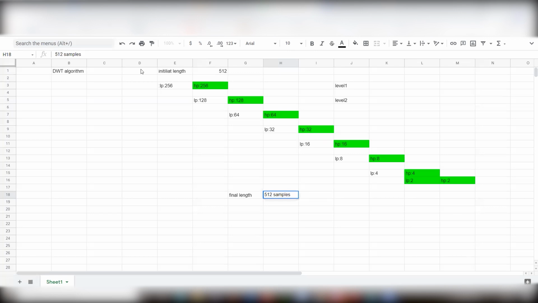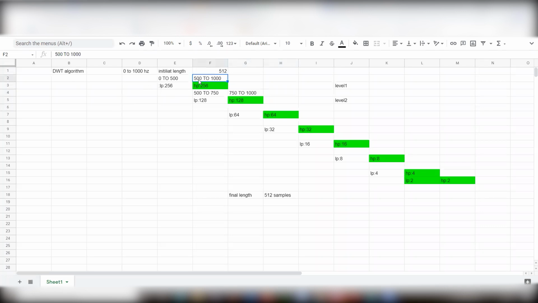So what happens here is, let's say for example, if here it is 0 to 1000 hertz, here low pass will have 0 to 500. Here 500 to 1000. Okay. Again, if we divide, 500 to 1000 will become 500 to, let's say, 750, and 750 to 1000. If we divide further, high pass, low pass. So what's happening here is 750 to 1000. So you'll have to do like this.